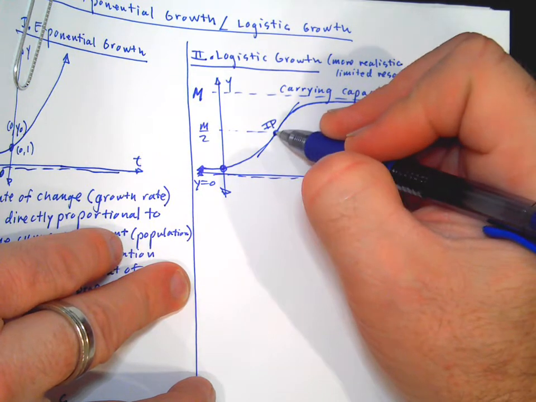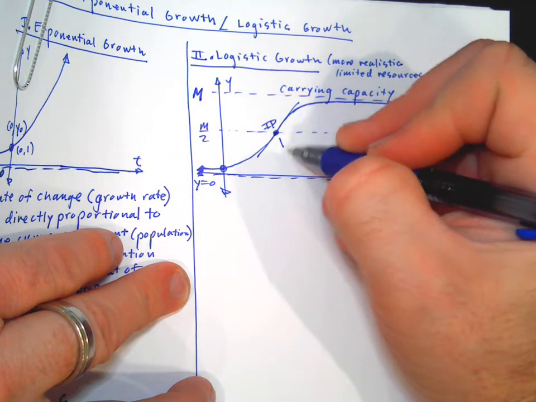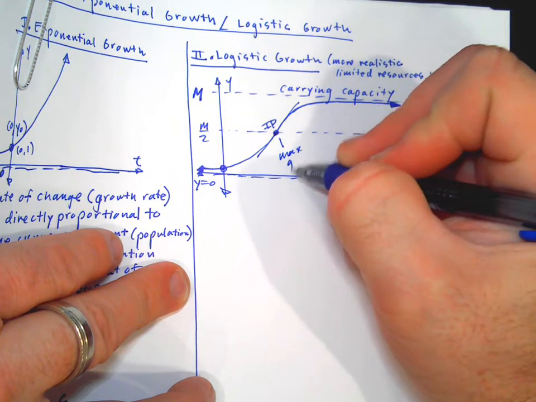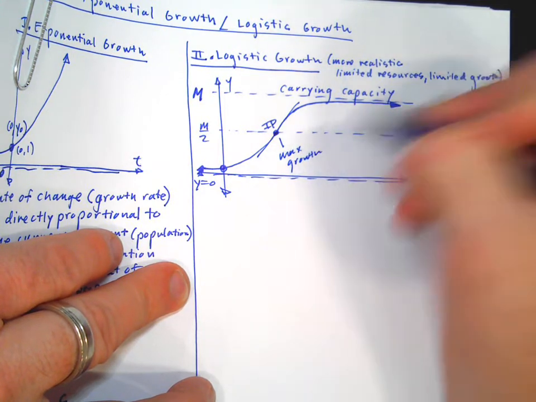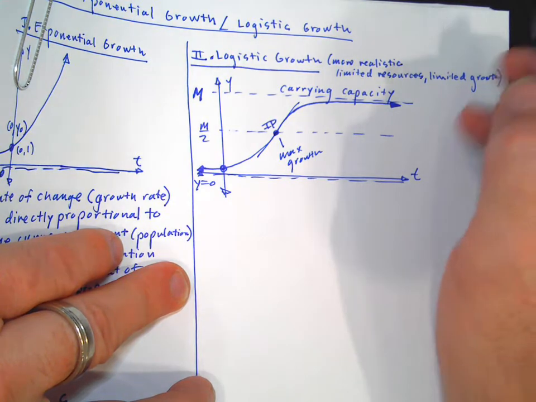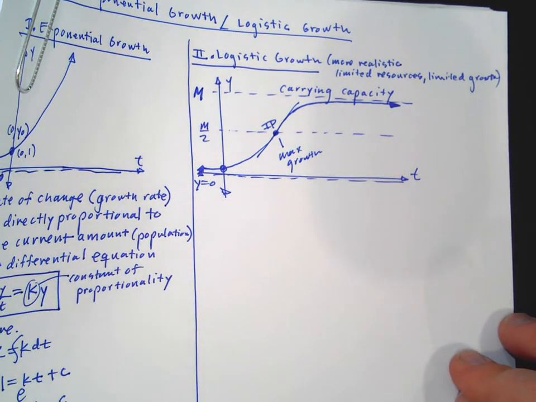This is the steepest part of the curve. So this is the max growth, right? So that's kind of interesting. And it kind of makes sense, if you think about